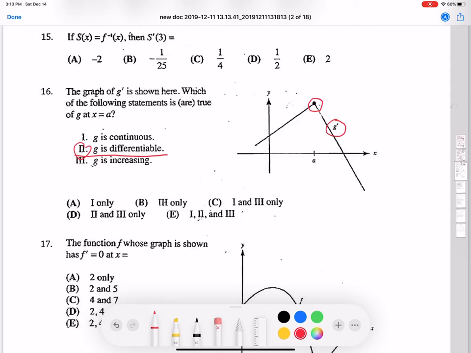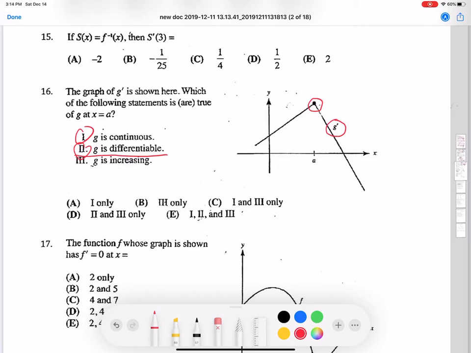But this function graph is not g(x), it's g prime of x. G prime of x exists at x equals a. That's why g(x) is differentiable, because derivatives exist. That's correct. A differentiable function is automatically continuous. Yep, continuous. And then what about